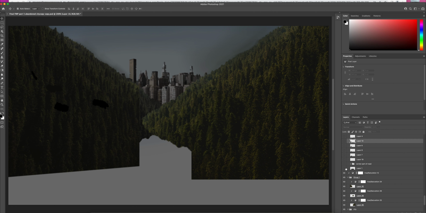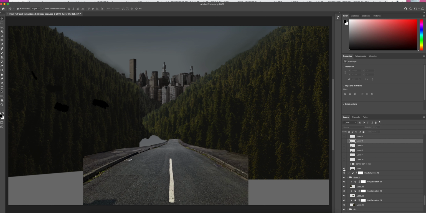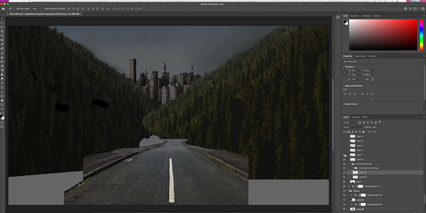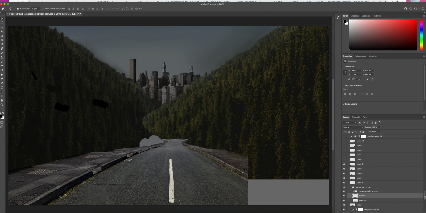I can see slowly adding on the road. For this section, I actually made the road down here. You can see I got the different sections of the road I built myself, and then just copied it over like that. I'm slowly building onto the road, as the road wasn't actually built big enough, so I had to extend the road and make it look